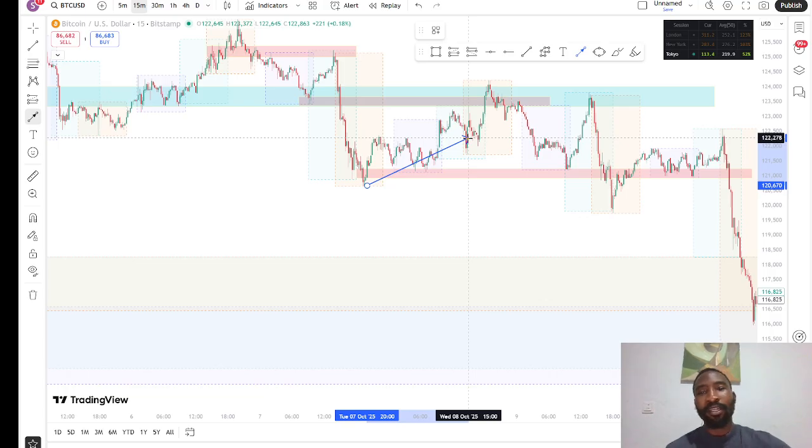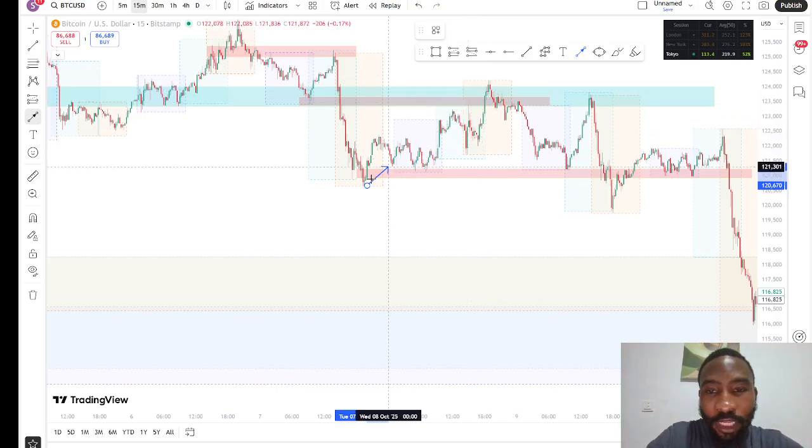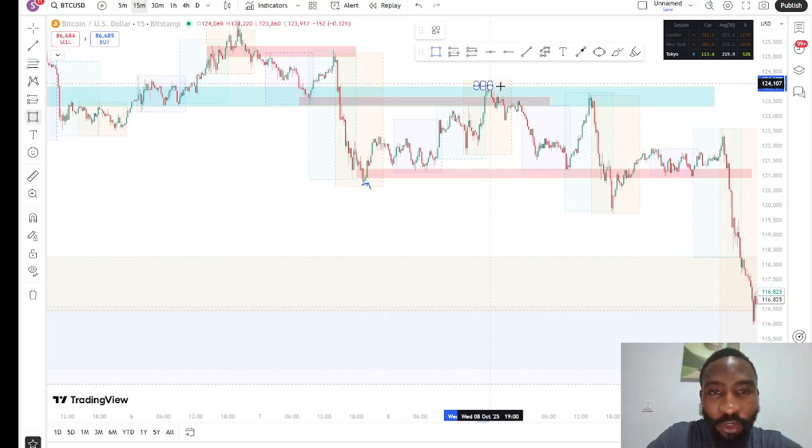So there are many things when it comes to liquidity. There are many things you have to look out for. So this thing that happened here is called liquidity grab